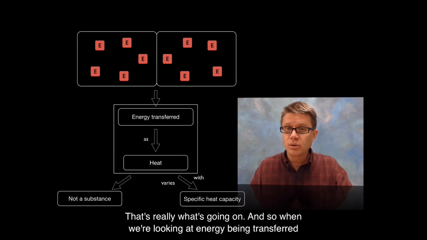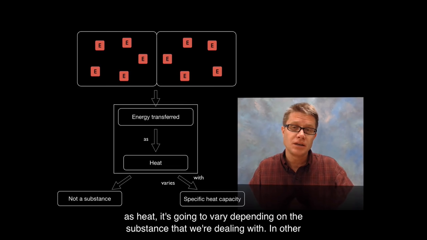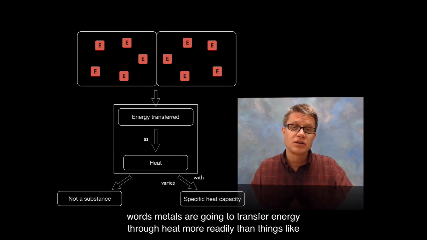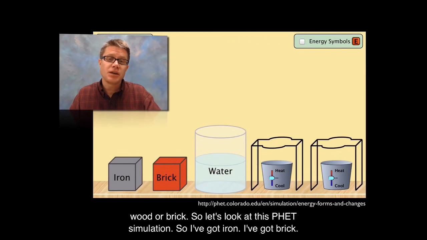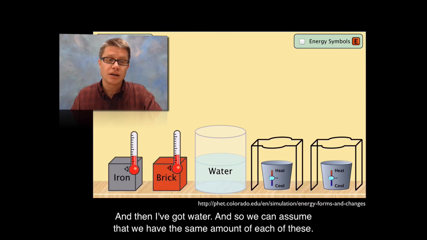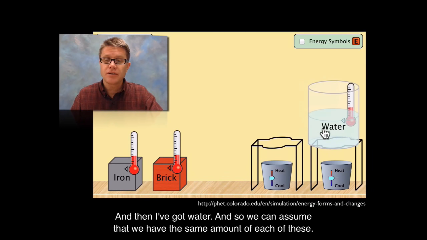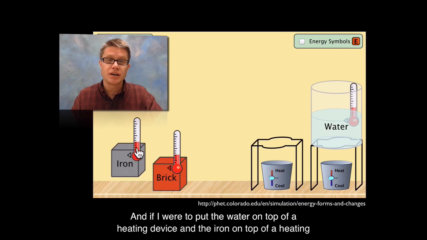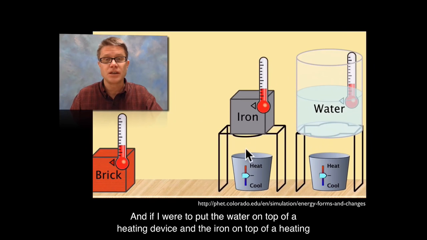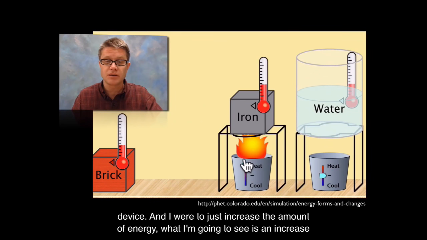And so when we're looking at energy being transferred as heat, it's going to vary depending on the substance that we're dealing with. In other words, metals are going to transfer energy through heat more readily than things like wood or brick. So let's look at this PhET simulation. So I've got iron, I've got brick, and then I've got water. And so we can assume that we have the same amount of each of these. And if I were to put the water on top of a heating device and the iron on top of a heating device, and I were to just increase the amount of energy,